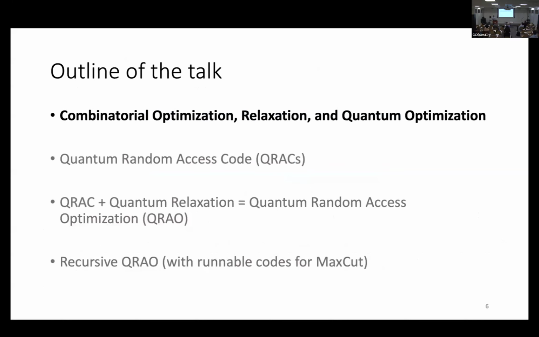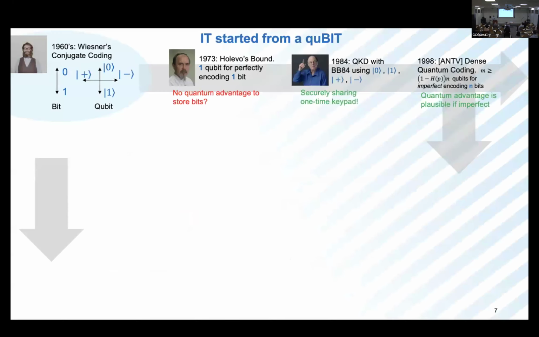So, okay, how to address this? First, I will introduce briefly combinatorial optimization, relaxation, and then what we call quantum optimization. Okay, this really dates back. I call it starting from a qubit, right? And interestingly, what I'm going to talk about, random access code and how I use a qubit for encoding binary variables,